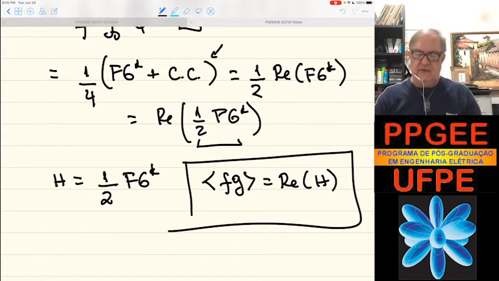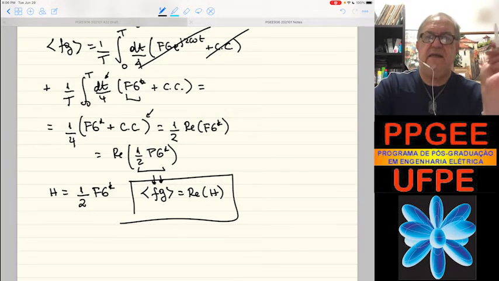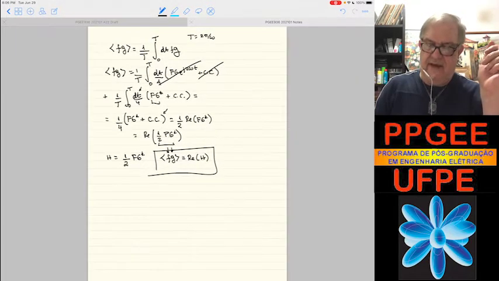So if you want to consider the time-varying quantities f and g, you want to know the average value of a product, then you do fg conjugate divided by 2, define that quantity. So the real part of that quantity is going to give you the average value. Okay? So what happens here, when you have Poynting vector, we have a Poynting vector